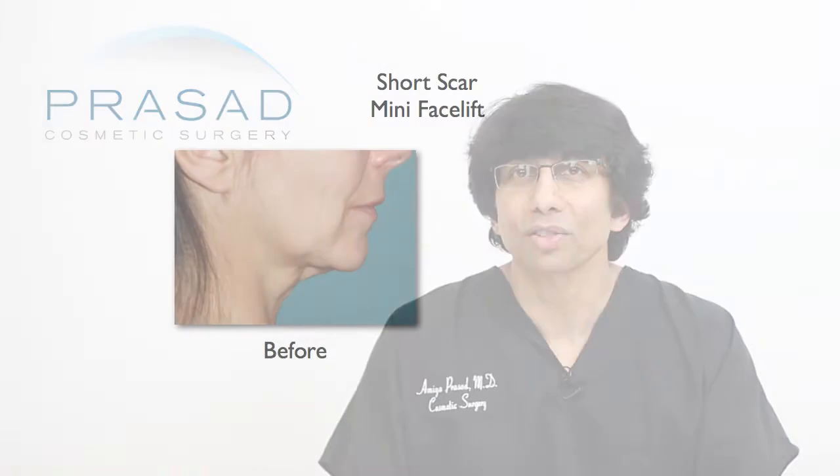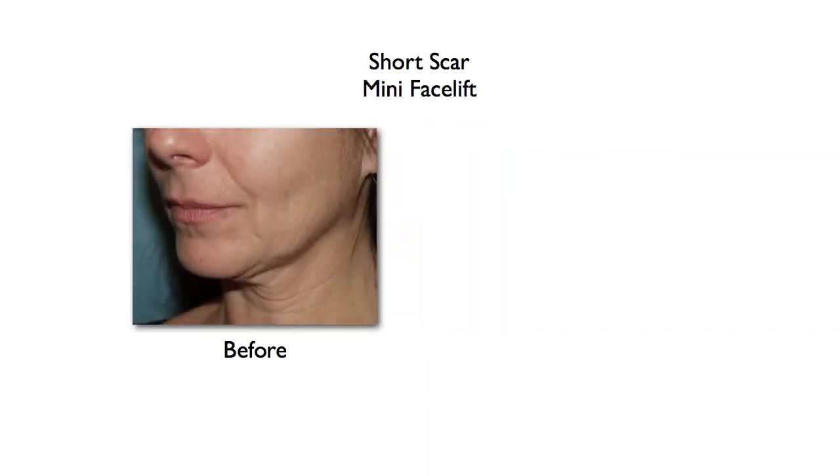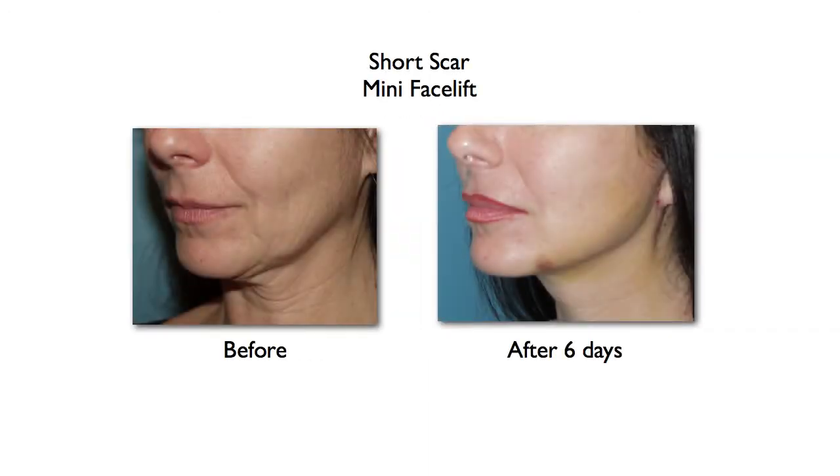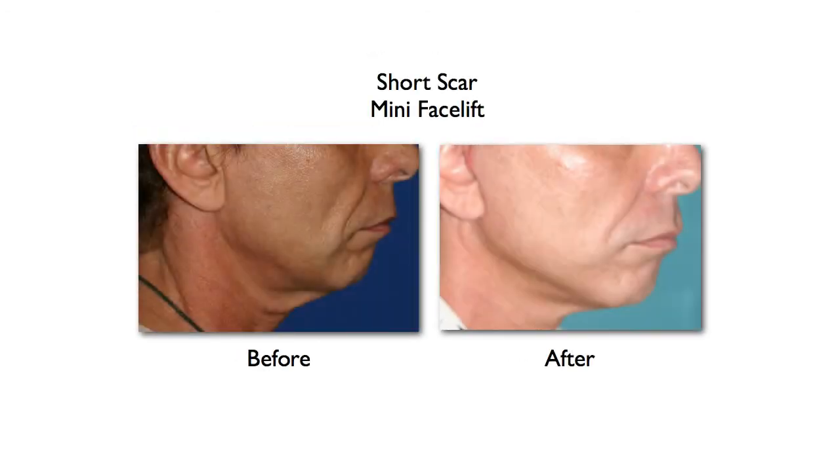Speaking of deep plane facelifts, it's important not to be overly impressed by doctors claiming to perform deep plane facelift exclusively, to imply that they know techniques that other surgeons don't. In fact, all experienced facelift surgeons are trained in all facelift techniques. Less aggressive facelifts, such as short scar facelift, is not actually a shortcut procedure, but it is appropriate for people who want to lift a sagging jawline but don't have significant laxity of skin and deep tissue under the chin